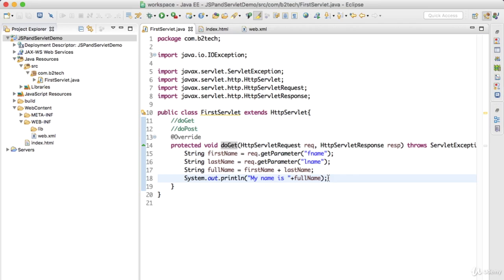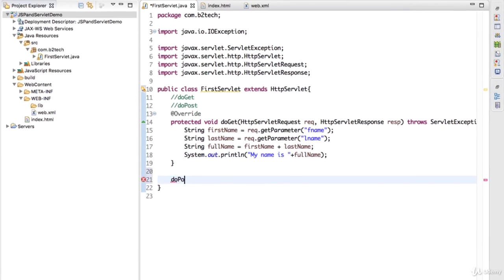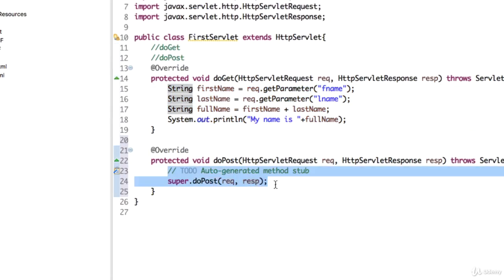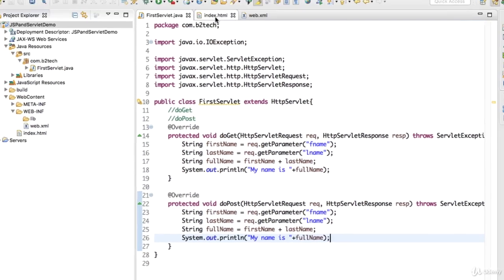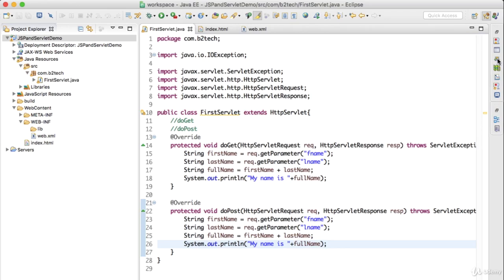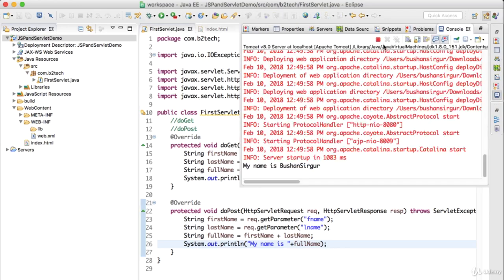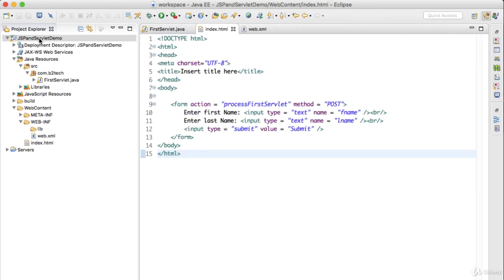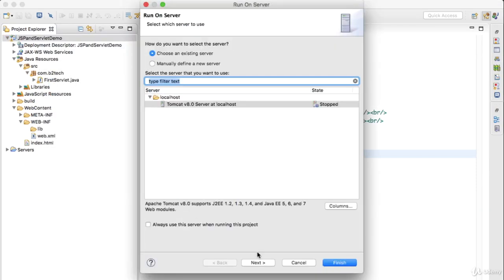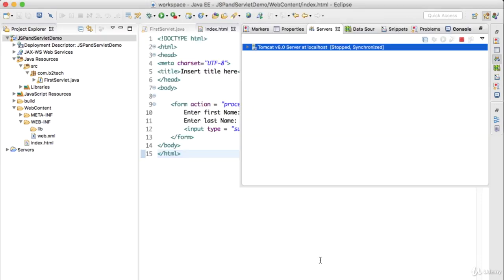So we'll quickly override the doPost, and I will copy the same code and paste it inside the doPost, and I will go to the index.html and change the method name from get to post, and I will go to the console and stop the server. Go to the project, right click on the project, go to Run As, choose Run on Server, click Next, click Finish,